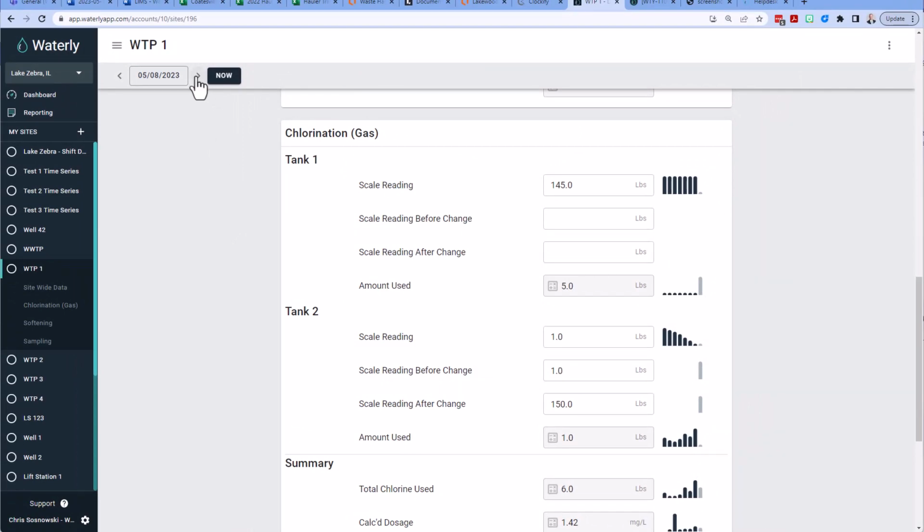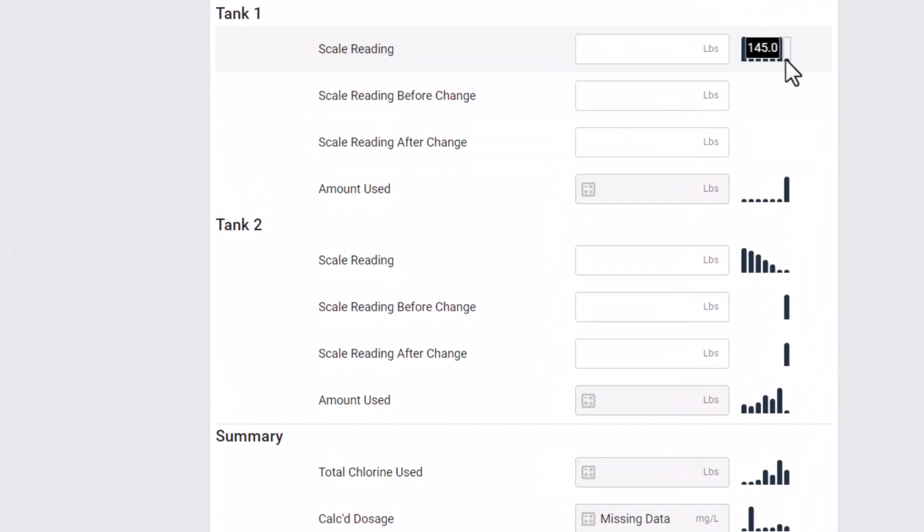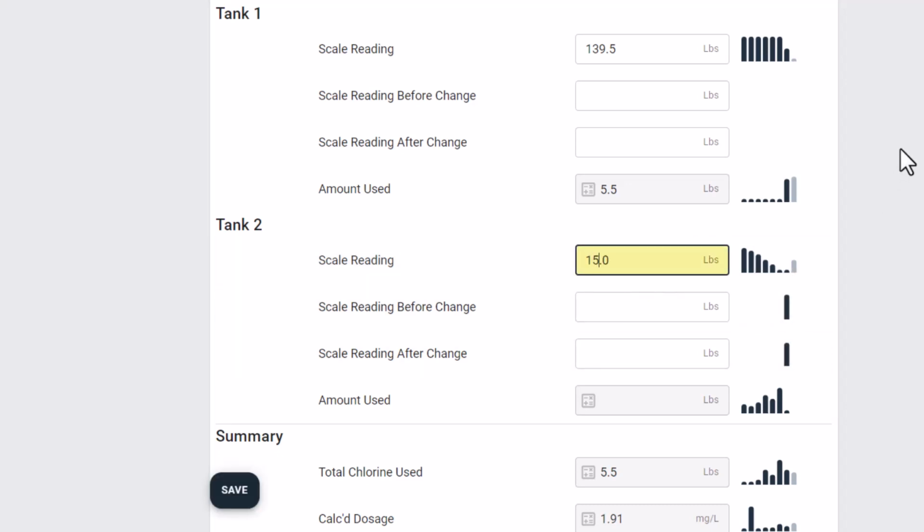But now let's just pretend like it is the next day here. So in this case, this tank has already started to draw chemical. It's at 145 pounds. So we're going to take the chemical scale reading, and it's going to be at 139.5 on that. That's normal. We can hit save there. It says that I used 5.5 pounds of chemical. But here I ended the day at 150 pounds, and this tank is not being used. So I am going to write 150 pounds down because in this case, my chlorine cylinder has not started to